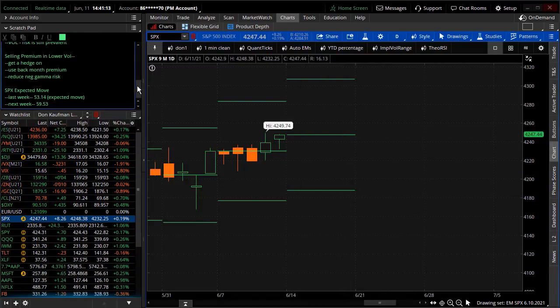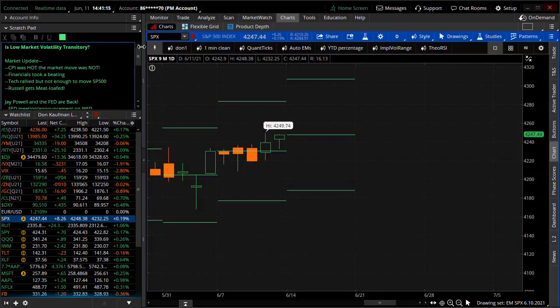With that, that's it for this weekend's update. Listen, we're coming into another kind of binary week. Get your risk in check, sell some premium even before the Fed announcement. I mean, again, when else are you going to get an opportunity to sell like 40 percent IV out there? With that, again, low market volatility is transitory, but expect that volatility to pick up.